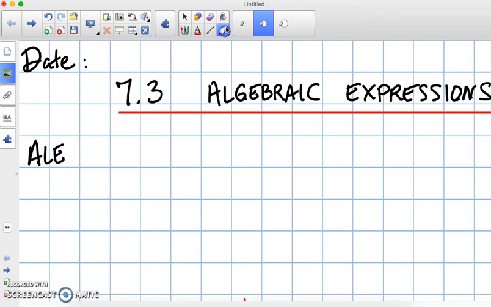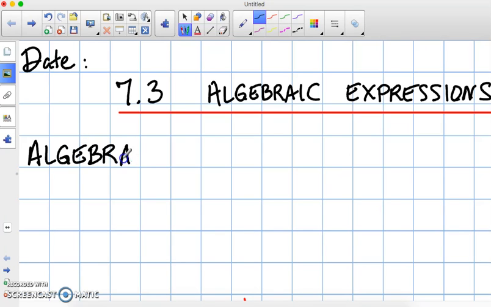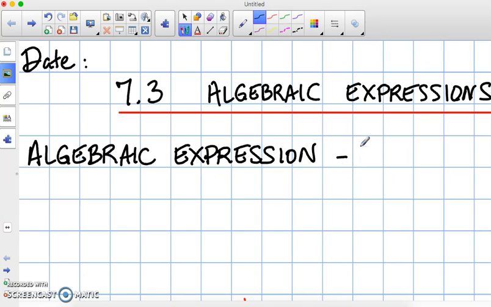Oops, and I just spelled it incorrectly. Here we go. So in the previous lesson, we dealt with writing down the pattern rule sort of in an informal way. Now we'll move on from there where we'll be writing down the pattern rule from a t-table in the form of an algebraic expression. So an algebraic expression can be defined as a phrase